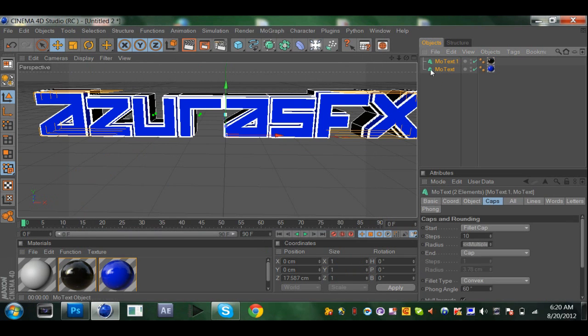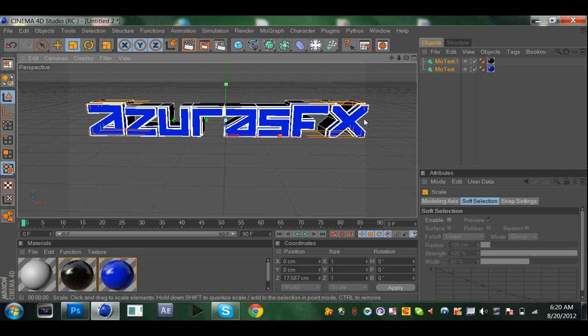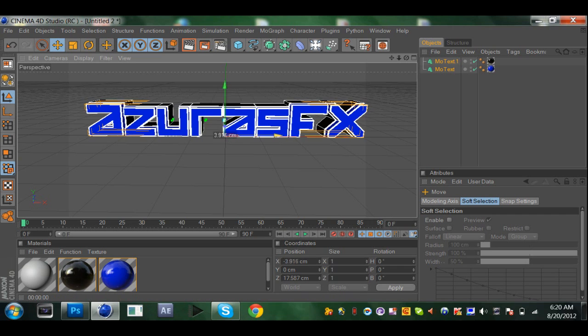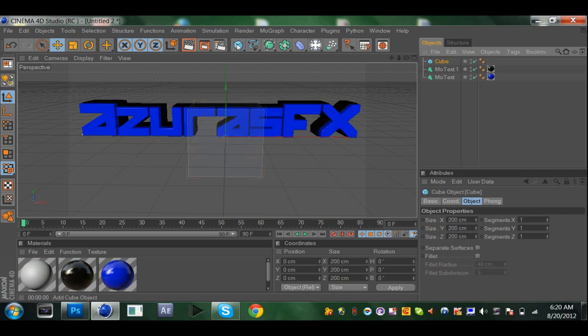Highlight both of the text, press T, and shrink it down so it fits into the screen, and then press E, and then we can align it right in the middle. Alright, that should be good. Now we're going to go to